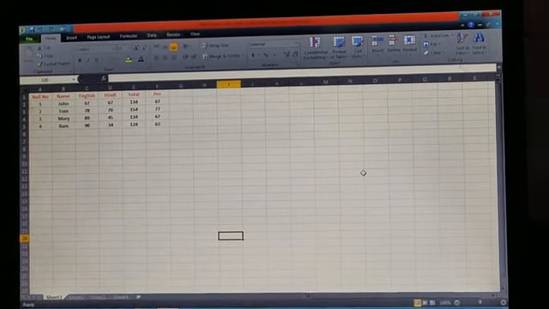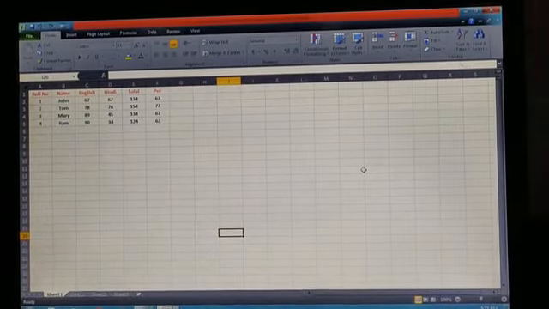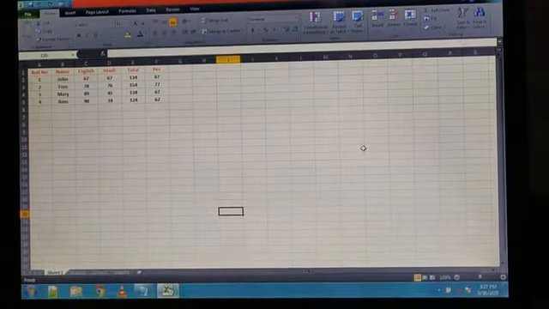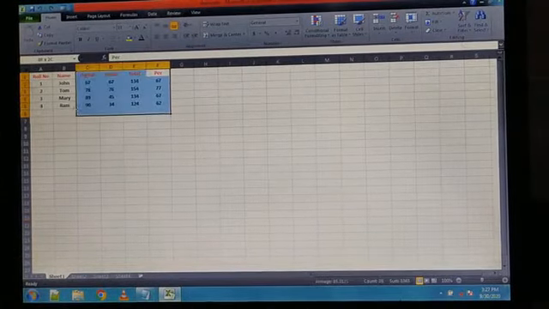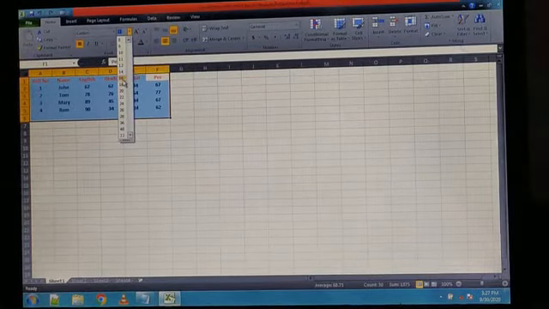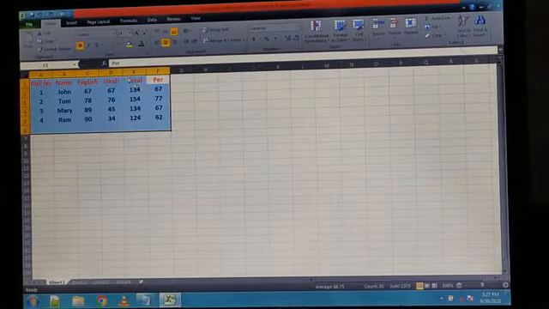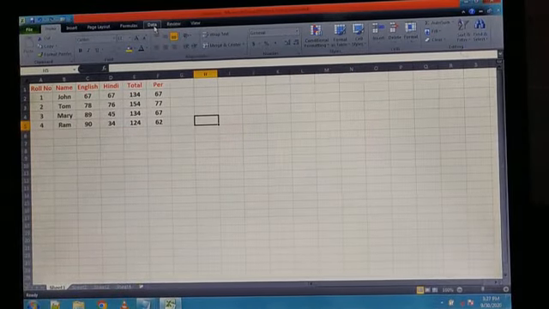Okay. Now, after entering the data, you have to click on the data tab. This is the data tab. Here I am zooming this so you can easily see this data. Okay, now you have to click on the data tab.